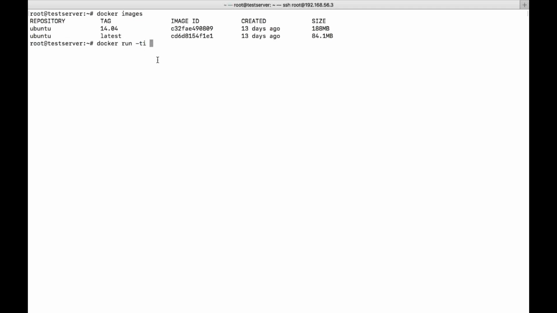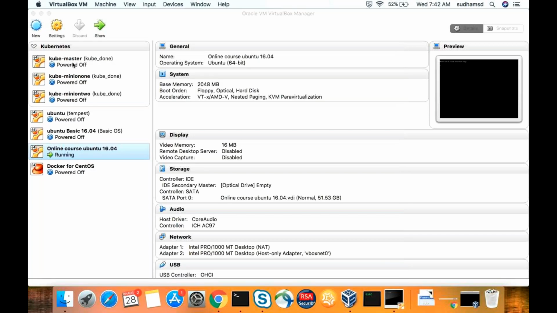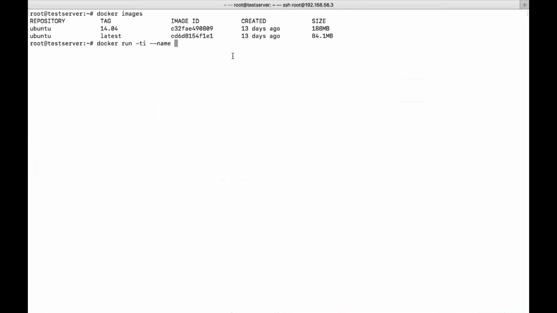After this, let us say I want to give some name to my container. Name in the sense just to display the name. When you execute the docker ps command or docker ps -a command, there is a last column called name. So that is the name which you want to display. Let us say here I have VirtualBox, right? Virtual machines, I gave some names. So these names I'm trying to assign to containers. Here also it is called name. Let's say I will give my name.